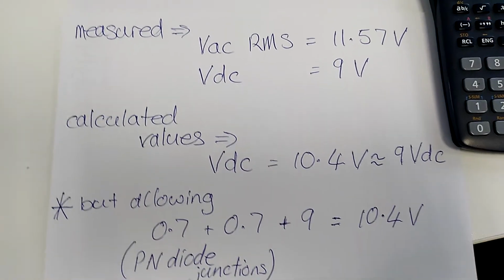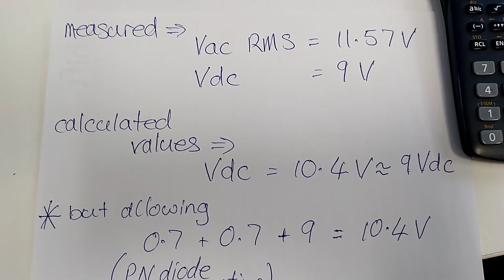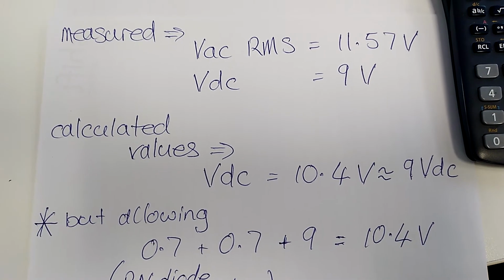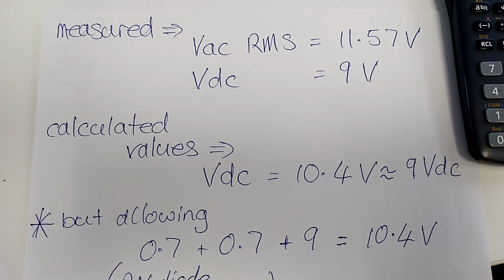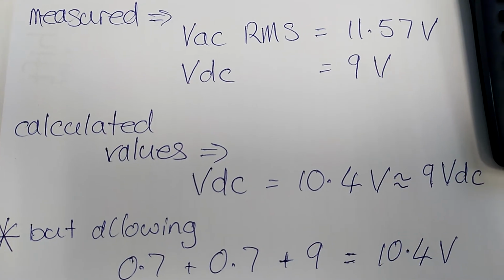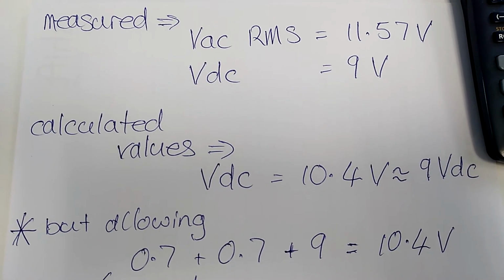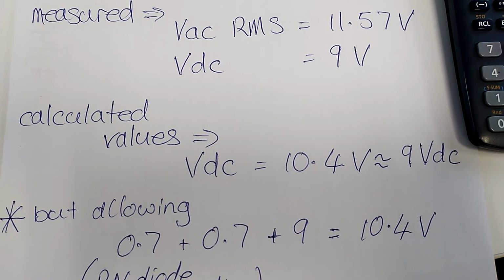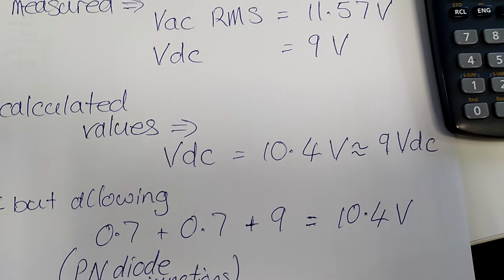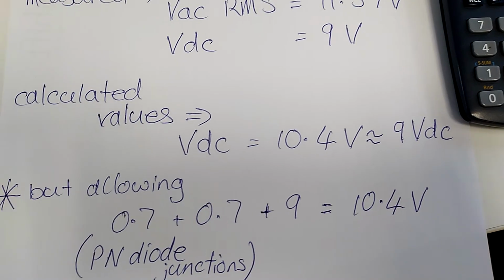So by measurement, I've got 11.57 volts RMS measured by my multimeter coming out of the transformer going into my rectifier, and I measured 9 volts DC across the output terminals of the bridge rectifier. By calculation, I would have got 10.4 volts DC, which is approximately equal to my 9 volts DC, and very nicely